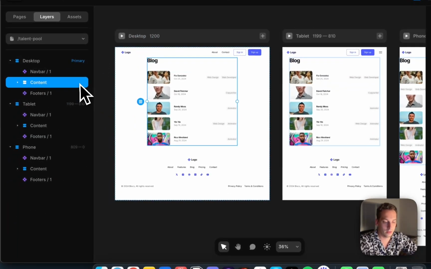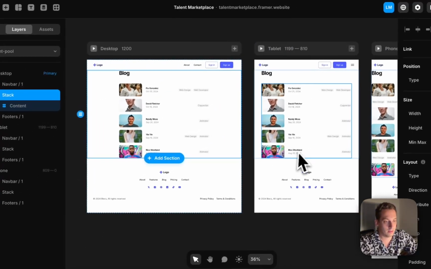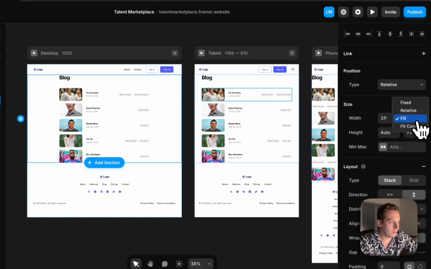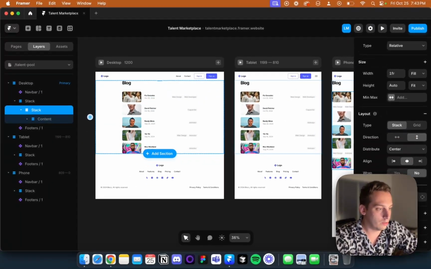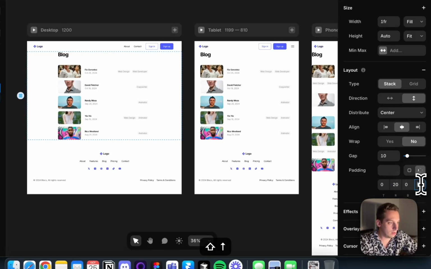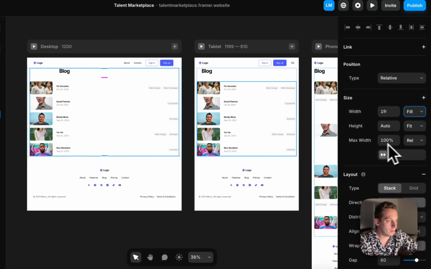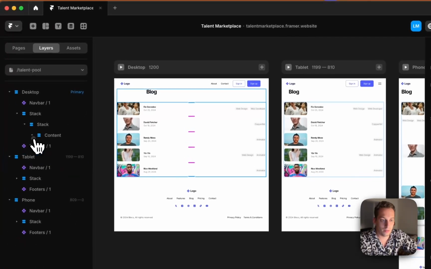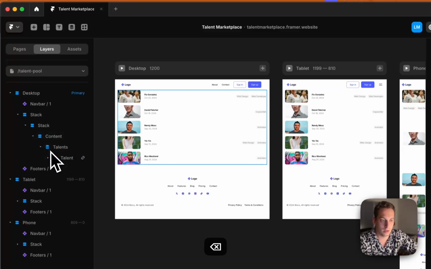This content should be in another stack that is fill. And this stack should also be fill. And it should have a nice padding on the side of, I would say, 20, 20. And then this content should be fill. And it should not have a max width, so let's remove that. And we have this content, right? Let's actually remove this title. We have this content,